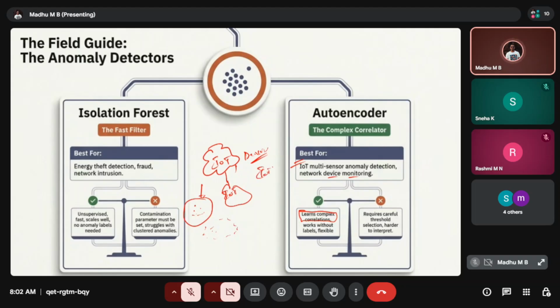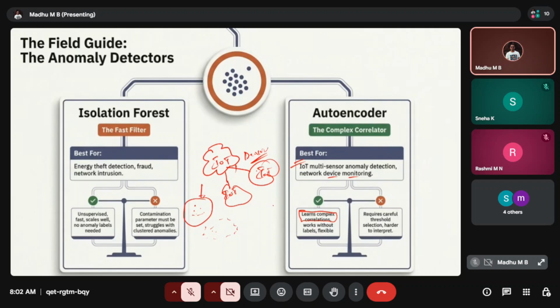The other IoT devices might be exchanging different kinds of data, sending and receiving different parameters.